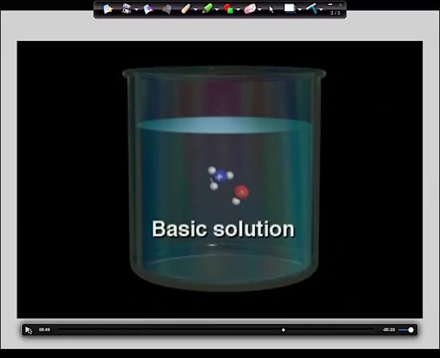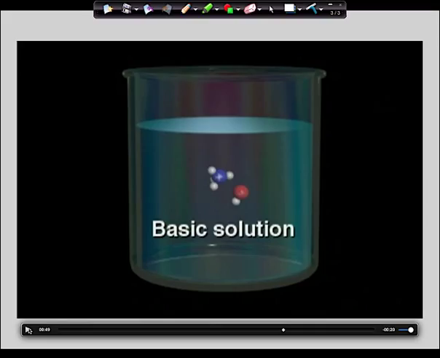So let's think about it. Is there any NH3? Yes. Why doesn't it all break apart? It's a weak base. Is there some NH4 plus? Is there some hydroxide? Yes. Now this is where we get into trouble. And again, guys, they're piloting these questions on the AP test even now. That was a question on the